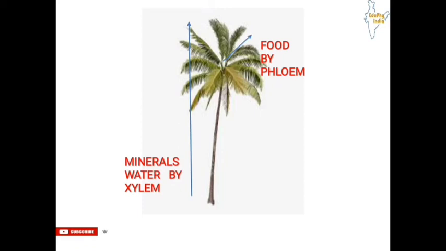So here you can see plant transport systems will move energy stores from leaves and raw materials from roots, and these two pathways are constructed independently. That is, these two pathways are not dependent on each other, and for that there are conducting tubes, and those are xylem and phloem. Xylem moves water and minerals obtained from the soil, and phloem transports products of photosynthesis from the leaves where they are synthesized. Okay, so this is the process of transportation in plants.